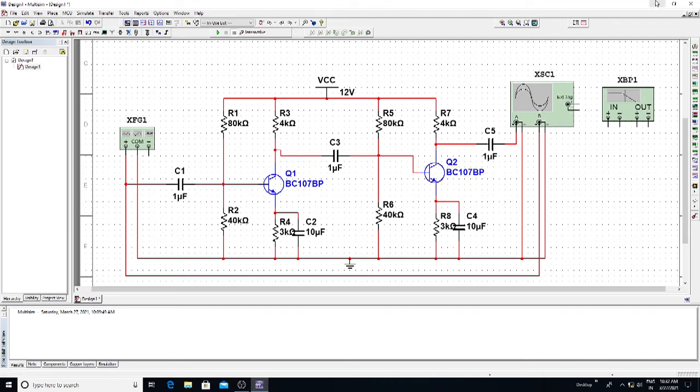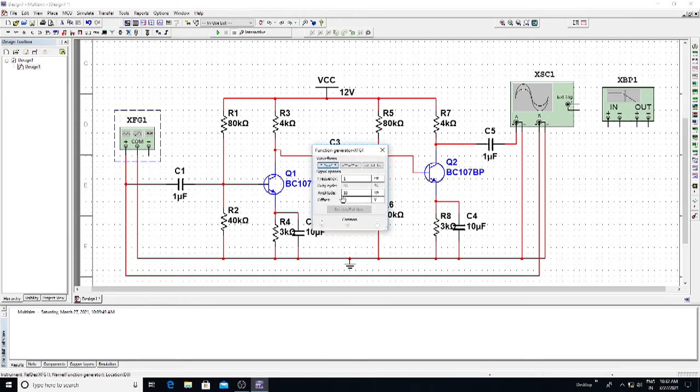Now, first let us check our oscilloscope output for the input which is given. Initially, you should set the function generator input frequency as well as amplitude. If you double click on the function generator, this window will open.